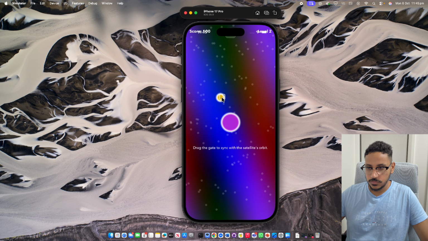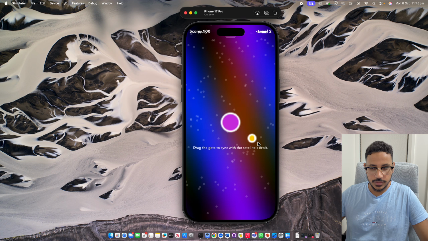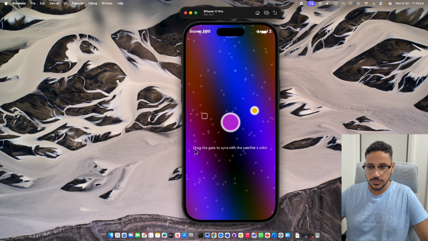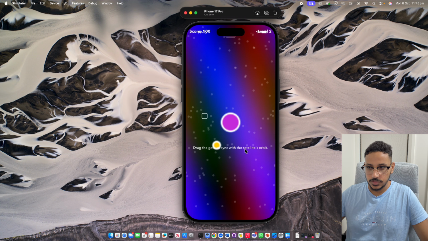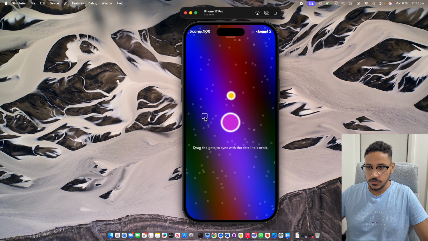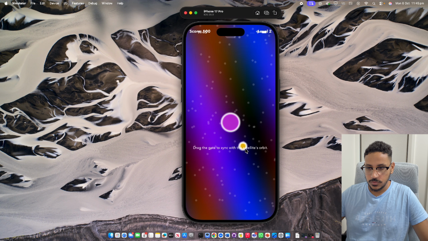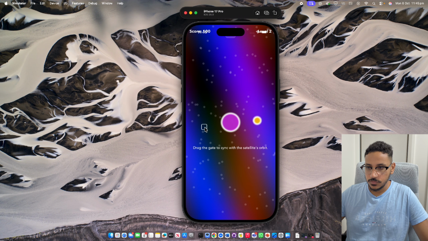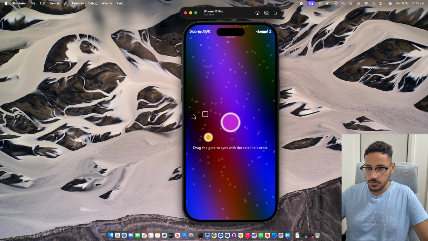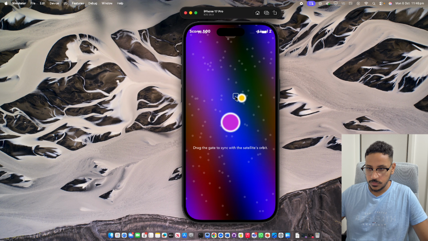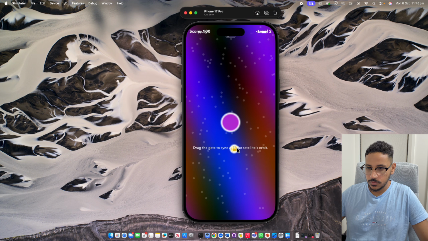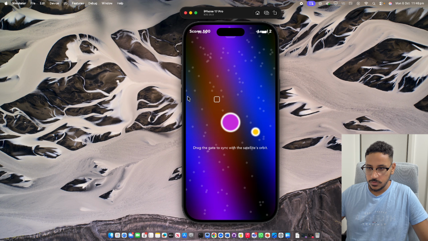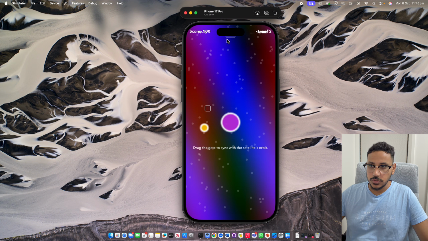Okay, so I'm not too sure if ChatGPT was the one that came up with this level idea, but I'm trying to do it and I failed. But drag the gate to sync with the satellite's orbit. Okay. Well, I am. I think I'm doing it. How much better can it be? Okay, well, the game works,